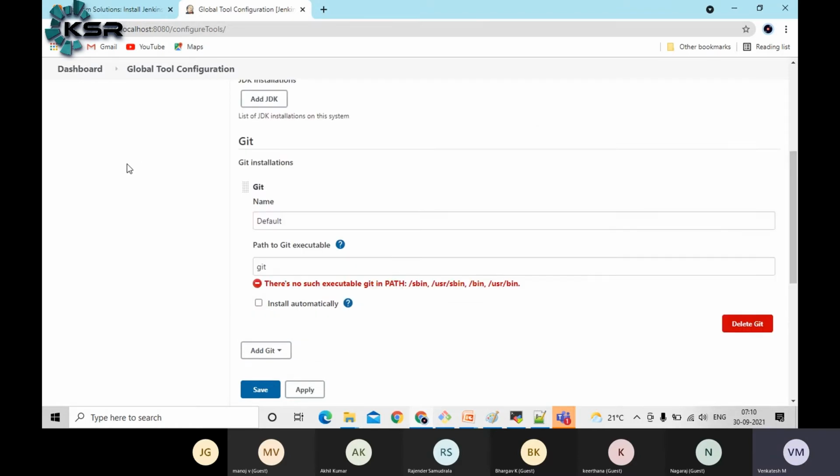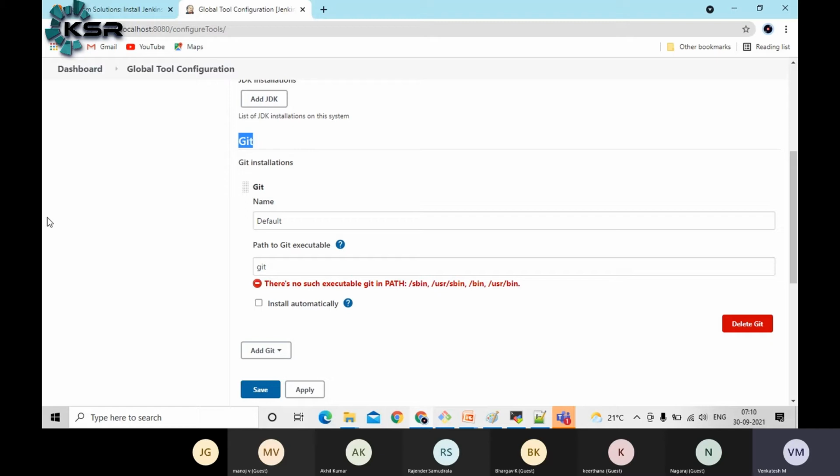Okay. So similarly, we have something like Git also here. This is the Git client, guys, not Git Bash. In local, we have installed Git, right? Like Git Bash you have. That is the Git client, which will help you to pull the code, I mean to clone the code, and if you want to do any activity, that will help you.